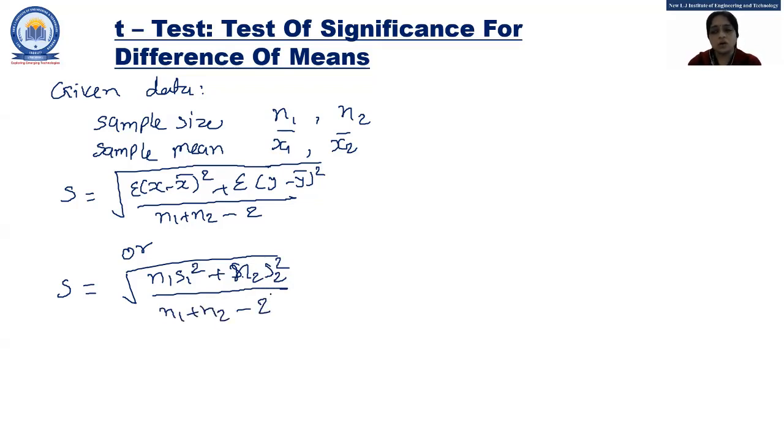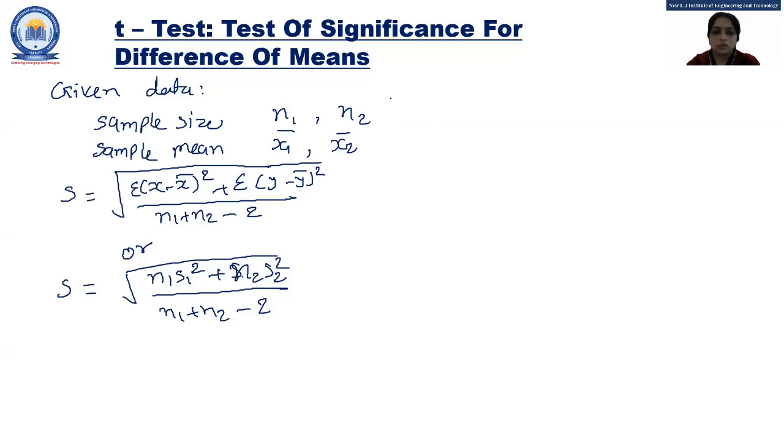So when normal data is given, if we don't know the sample from which data and sample mean from which data, if we are given directly just the sample size and sample mean, at that time we can apply the next method. Or if the sample sizes are different, at that time also we apply this one method.